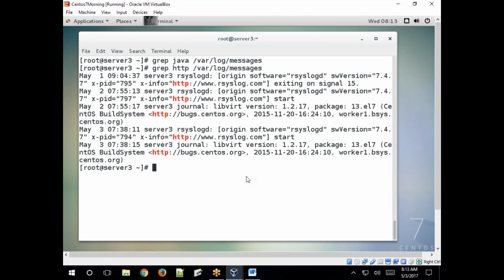So to read the log files to track the error logs and access logs related to a particular service, just use the grep command, specify that service name, then the log file name, and it returns the matched lines.